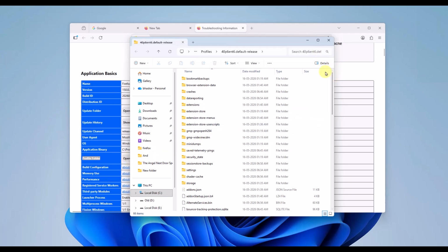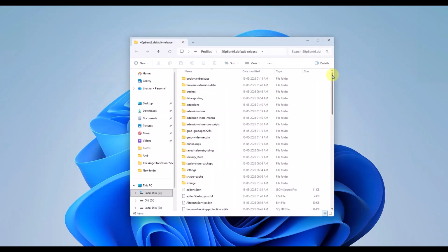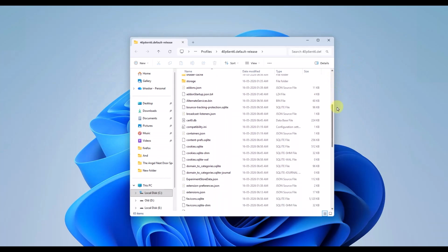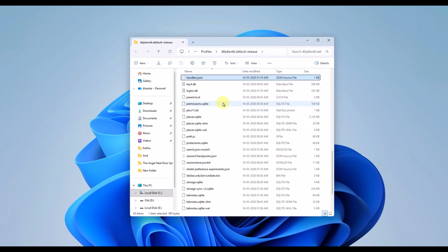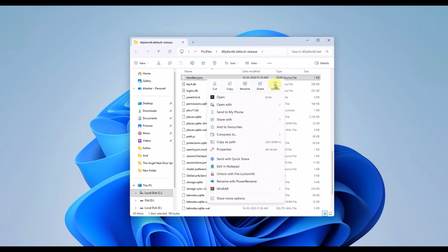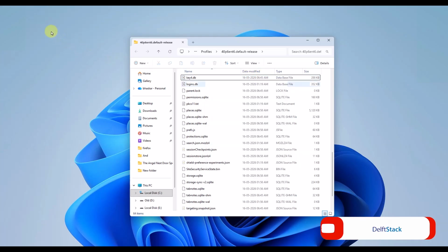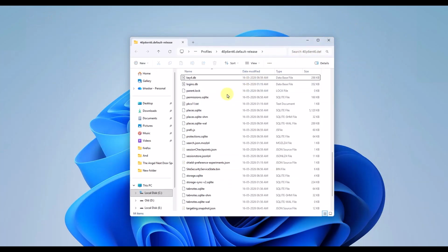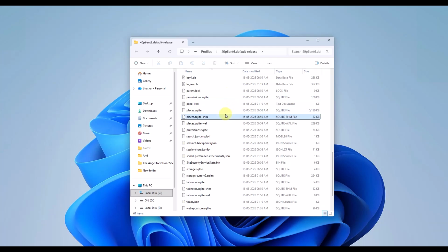Now completely close your Firefox browser so the background files are not actively locked by the operating system. In the folder that just opened, scroll down until you find a file explicitly named handlers.json. Right-click on this specific file and completely delete it. When you reopen Firefox, it will automatically generate a brand new, perfectly clean file handler database, which instantly resolves most